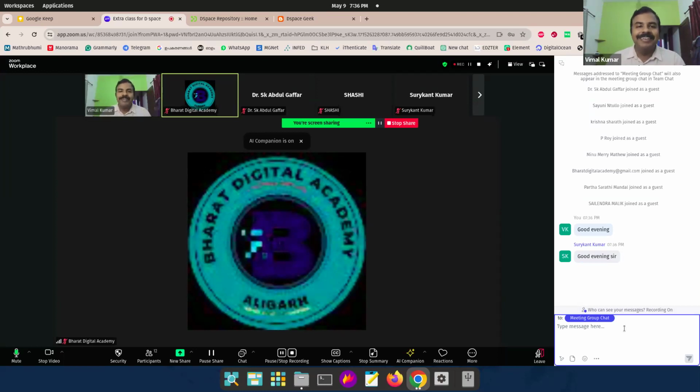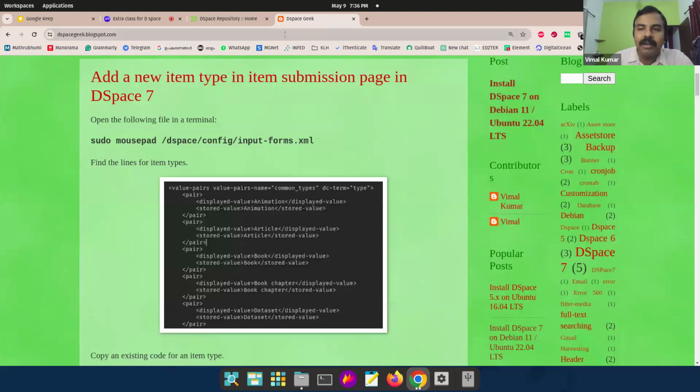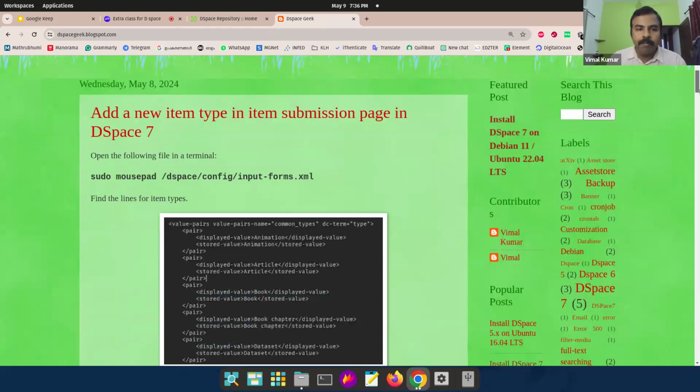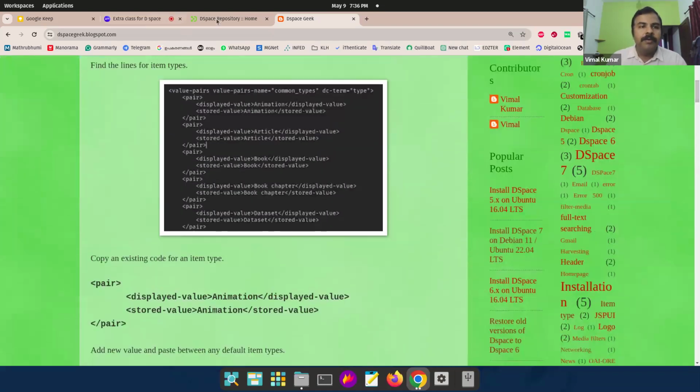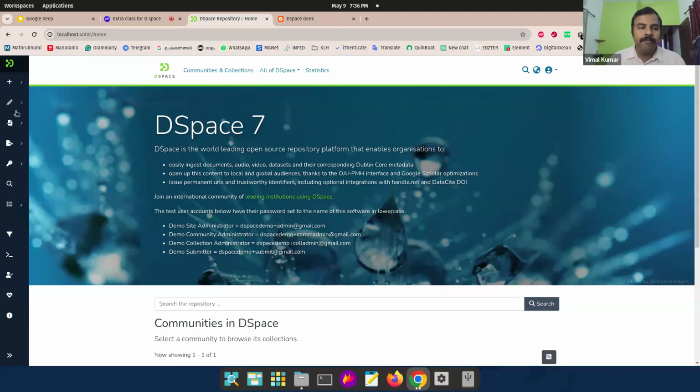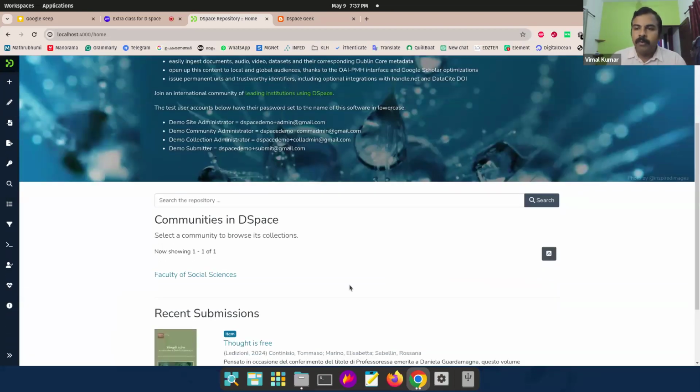Okay, let's start. I think nobody tried DSpace. We have installed it in cloud. Today we can start with adding a new item type in the item submission page in DSpace. For example, yesterday we have seen while depositing an item. For example, here